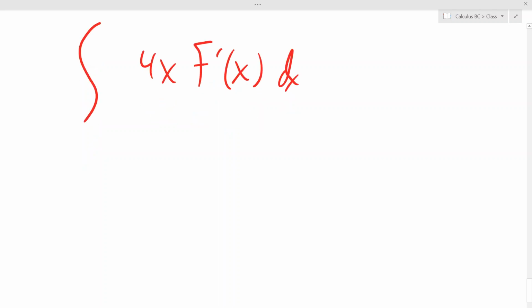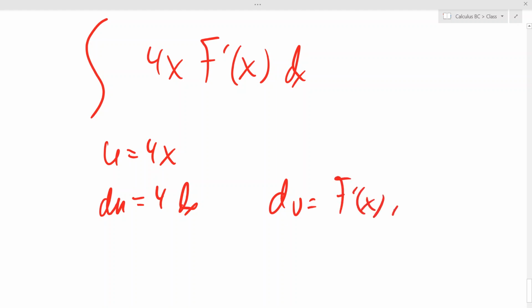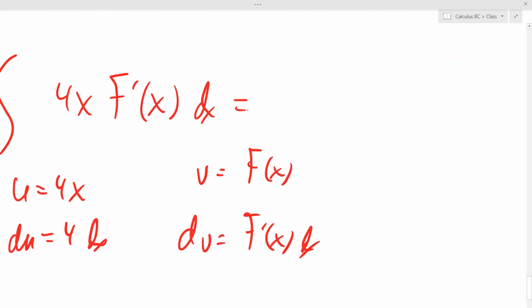Okay, and then you're just going to let u hopefully be the 4x, which means du would be the 4 dx, right? And dv is just f prime of x dx, which means v is just f of x. And that integral is going to become, y'all see what's happening here, 4x f of x minus the integral